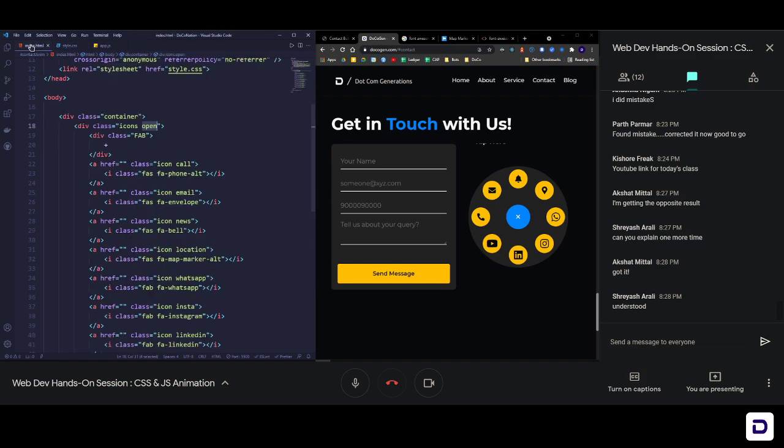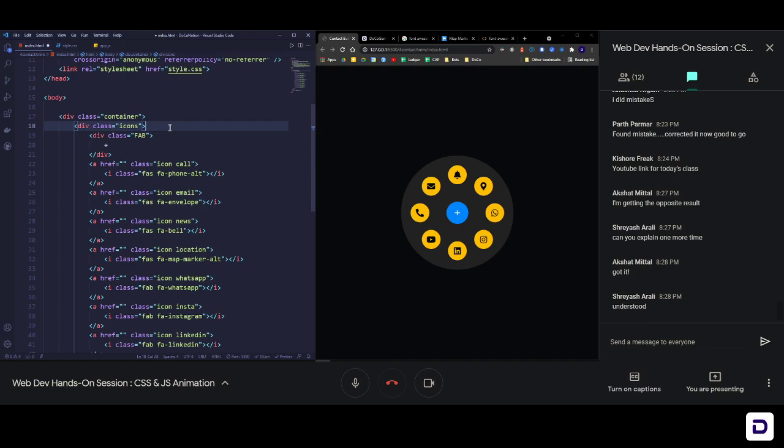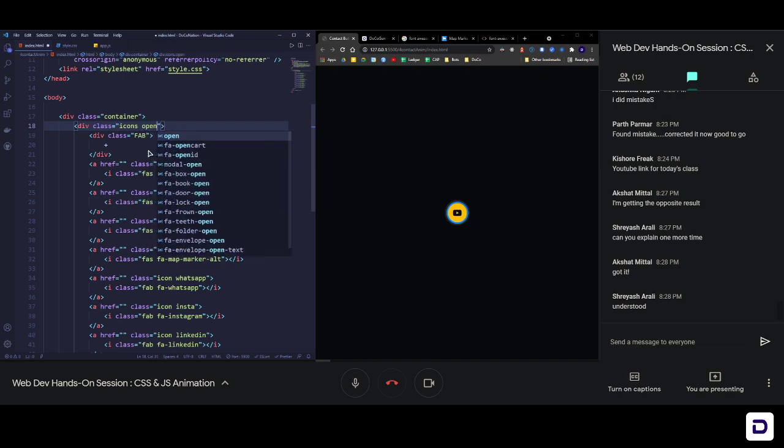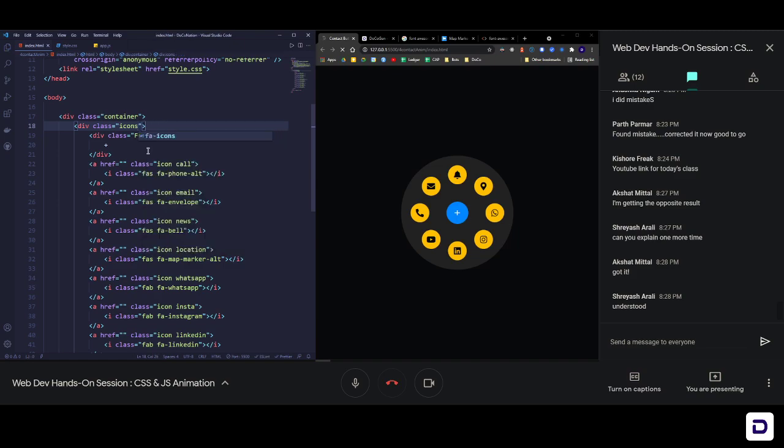Now save it, and now what will happen is that when there is open inside this, it will be like the final product. Let us have a look at it. You can see it is like that, and when I remove open, everything is going to collapse in the center. If I add open again, save, you can see everything expanded, and when I remove open, everything just collapsed again. This is the animation through one single class, the open class that we are adding to icons. We are doing all of this animation through just one class.